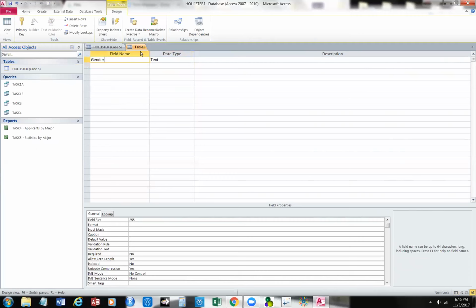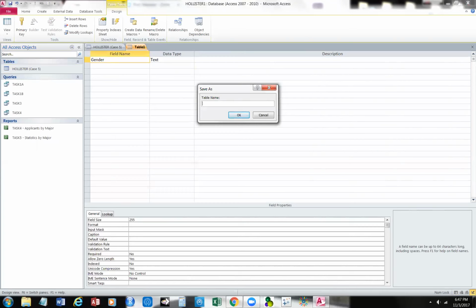Now I'm going to save this. Now I'm going to save it as gender. Now I'm going to do this old school. I want to show you something. This is how old people have been in the business. But this is in the old days when we didn't have icons to identify different objects. We do this, we do